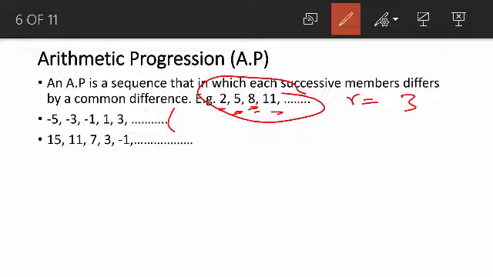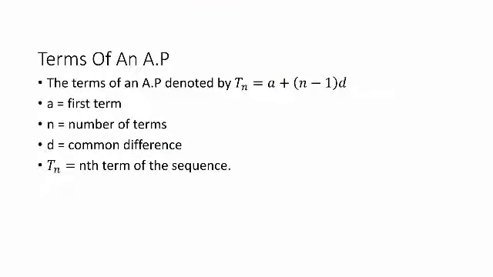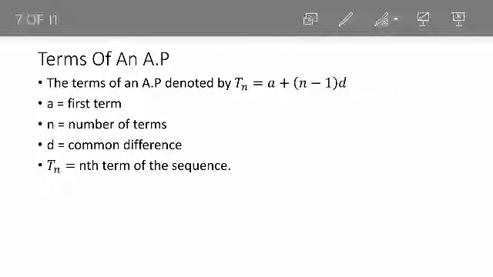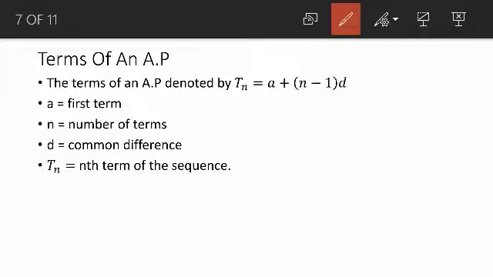For this one here, you can see that the common difference is 2. Then here, the common difference is minus 4. That means each term differs from the other by minus 4. So that's an AP. Whenever you see a sequence that differs by a common difference, it is an AP. So that leads us to this. Here, we are asked to